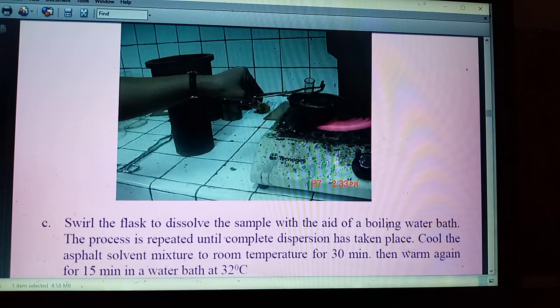Then cool the asphalt solvent mixture at room temperature for 30 minutes. Then palamigin mo siya ng 30 minutes. Then warm again for 15 minutes in a bath at 32 degrees centigrade. Or yung water bath mo during that time is at room temperature na. Okay? So, repeated mo yung process mo hanggang sa mag-disperse siya. Okay? So, then